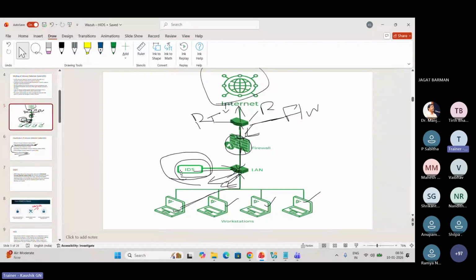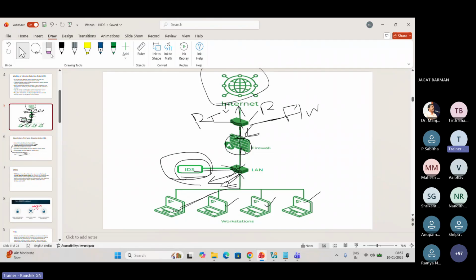So for that reason, network researchers came up with a new kind of IDS called the host based intrusion detection system, which means I am not implementing the IDS in the LAN.